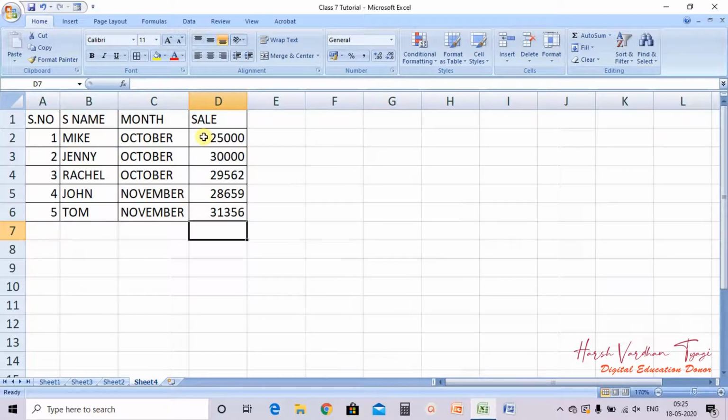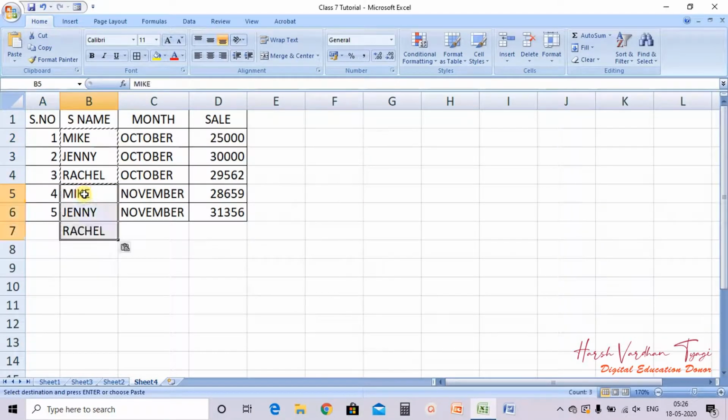Now see, when you are seeing this particular piece of data, these things are common. Now suppose there are 5 salesmen in a company, suppose there are only 3. Let me give one more.